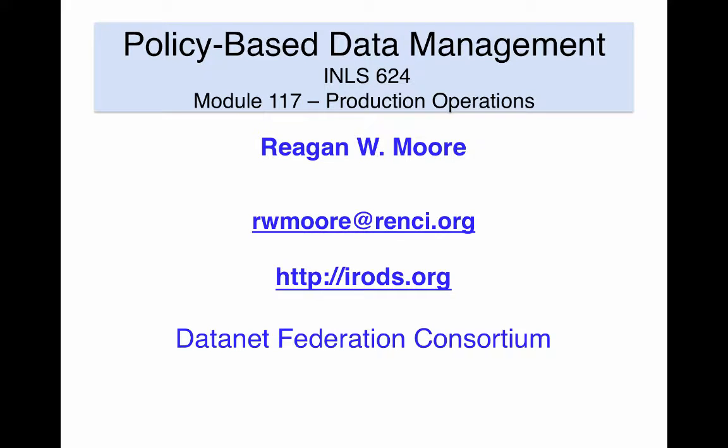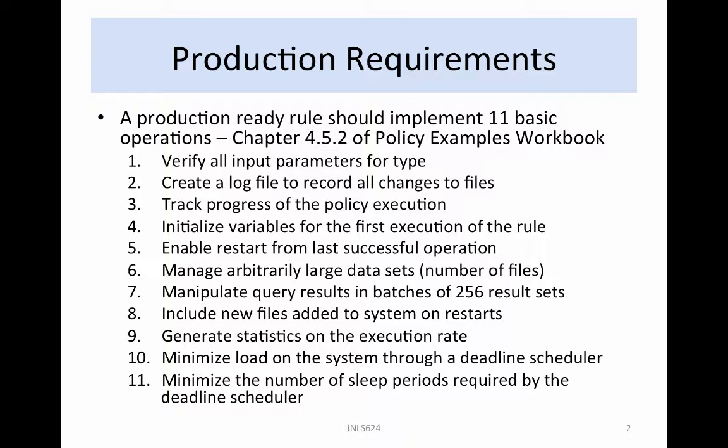The execution of long-running rules requires scheduling to avoid bogging down the data management system. A production-ready rule should implement 11 basic operations as described in Chapter 4.5.2 of the Policy Examples Workbook. The steps include verify all input parameters for existence of their type, create a log file to record all changes